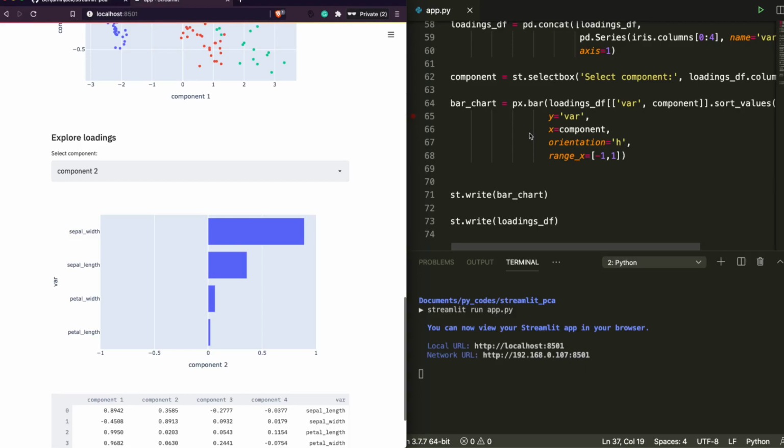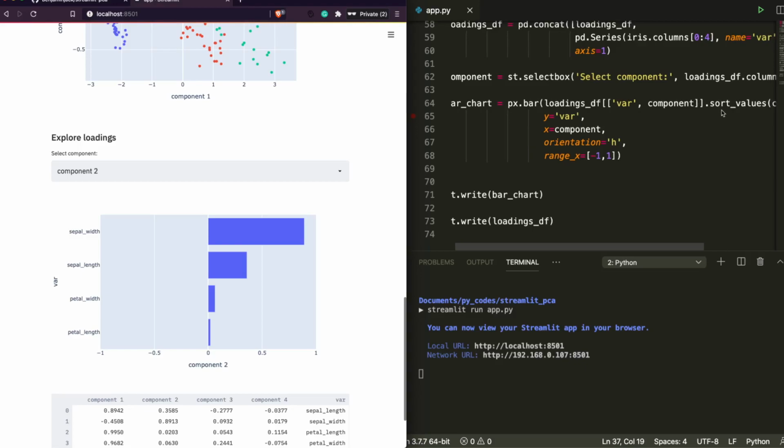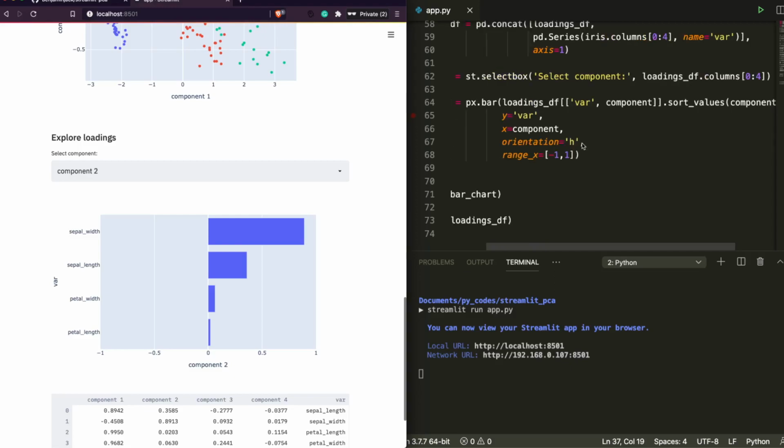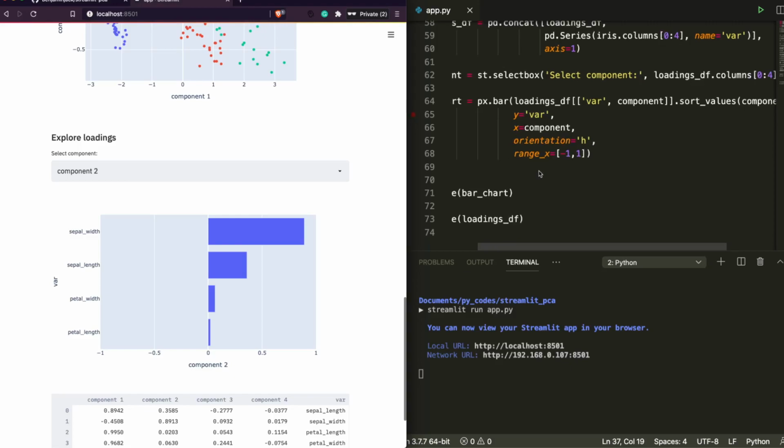So you have a data frame, and then you just show everything. The only difference is you are specifying what you want it to be sorted by. So you sort it before presenting the data frame, and then you have your y component, x component, and then the orientation. In this case, you want a horizontal plot, and that's it.